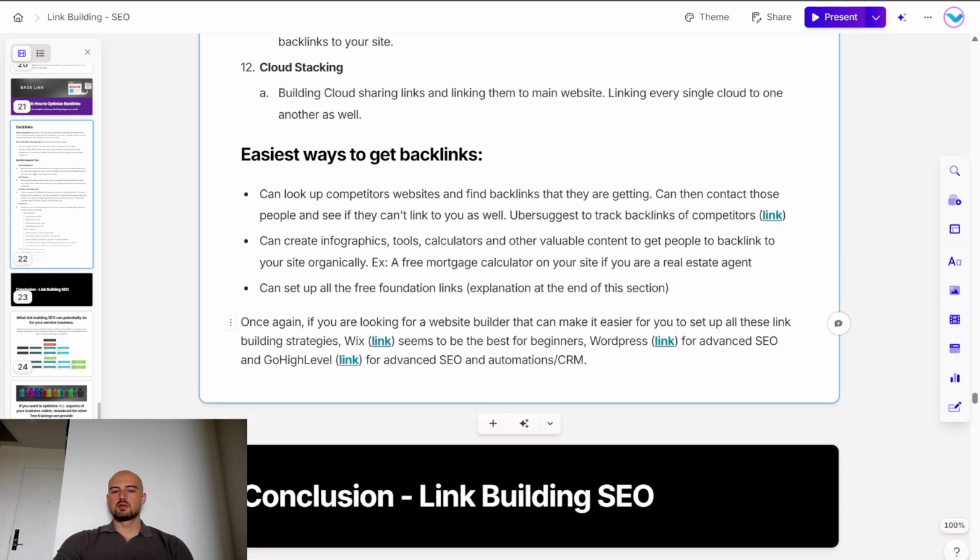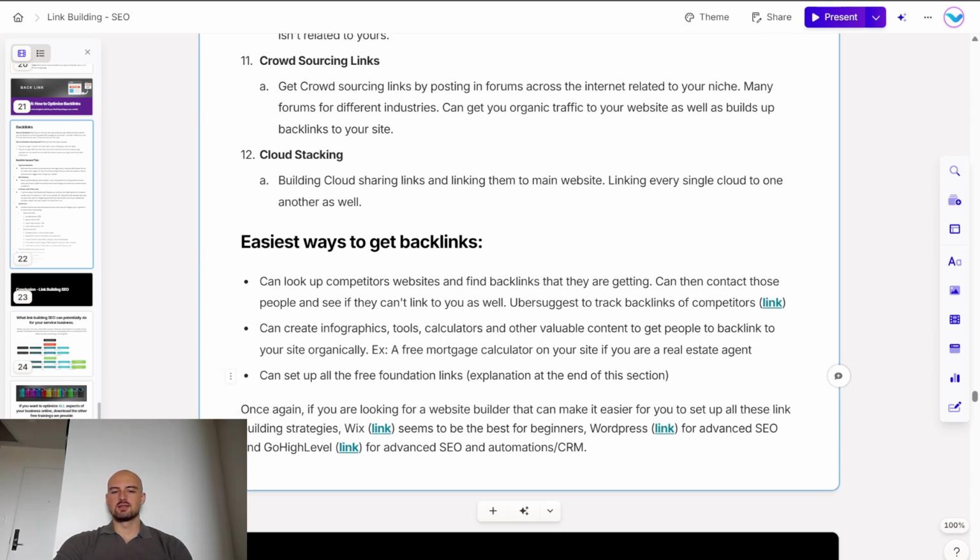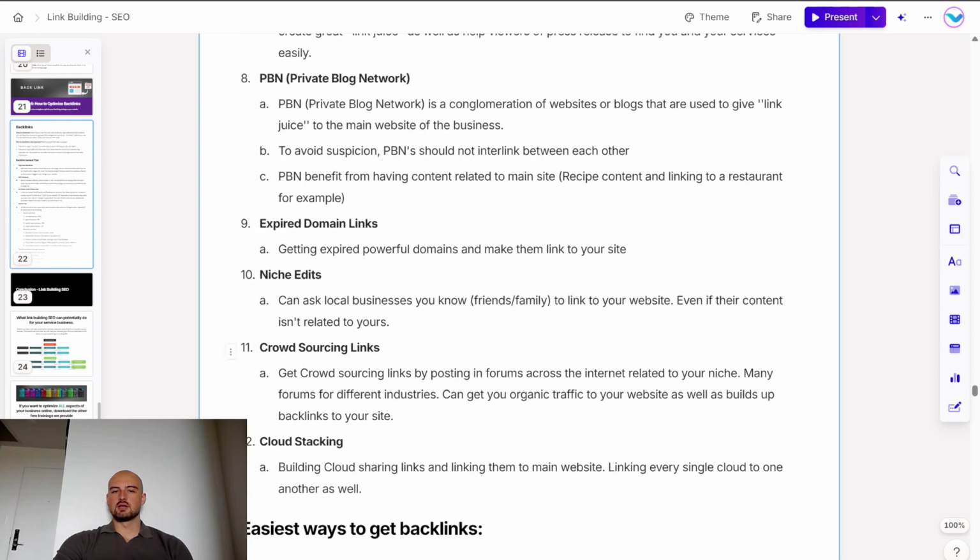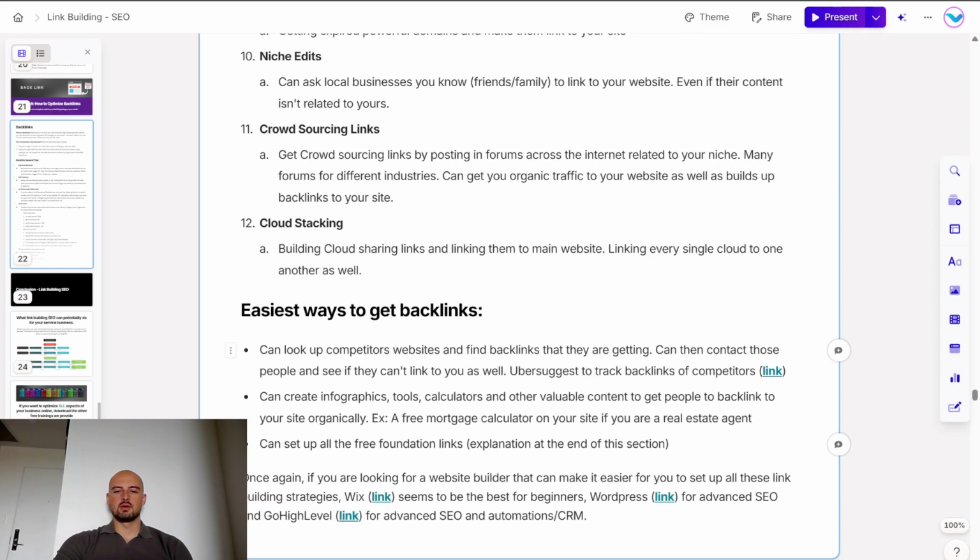You can set up all the free foundation links, explanation at the end of the section. I don't know why that's written, but in any case, this is the end of the section. You can set up all the free foundation links that we were talking about before. You set them up 10 times if you want. Anyways, after that,